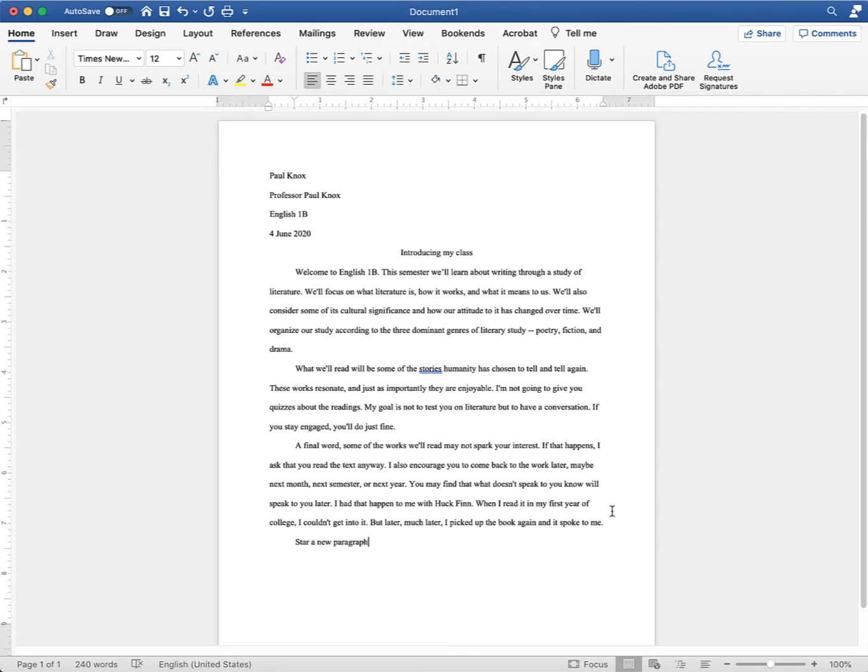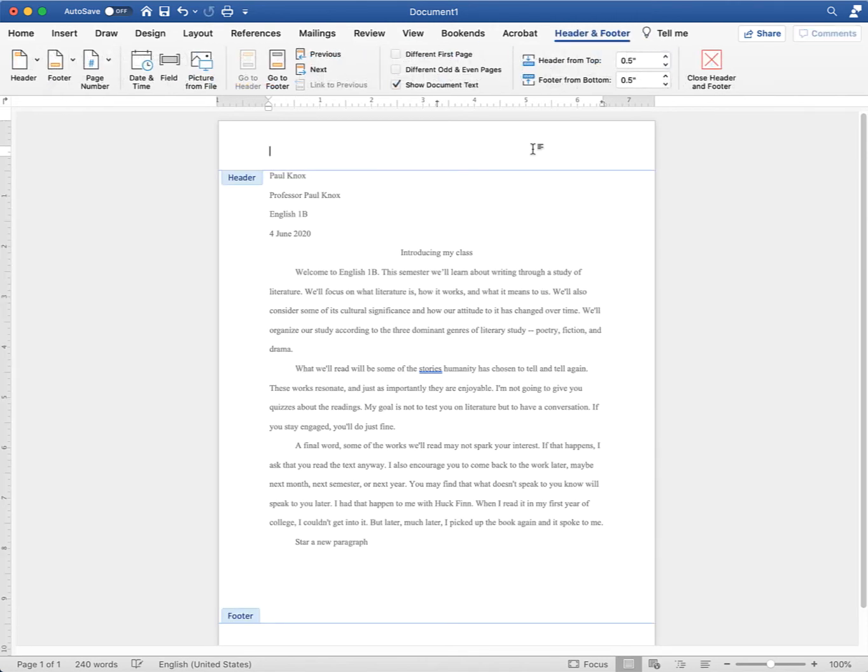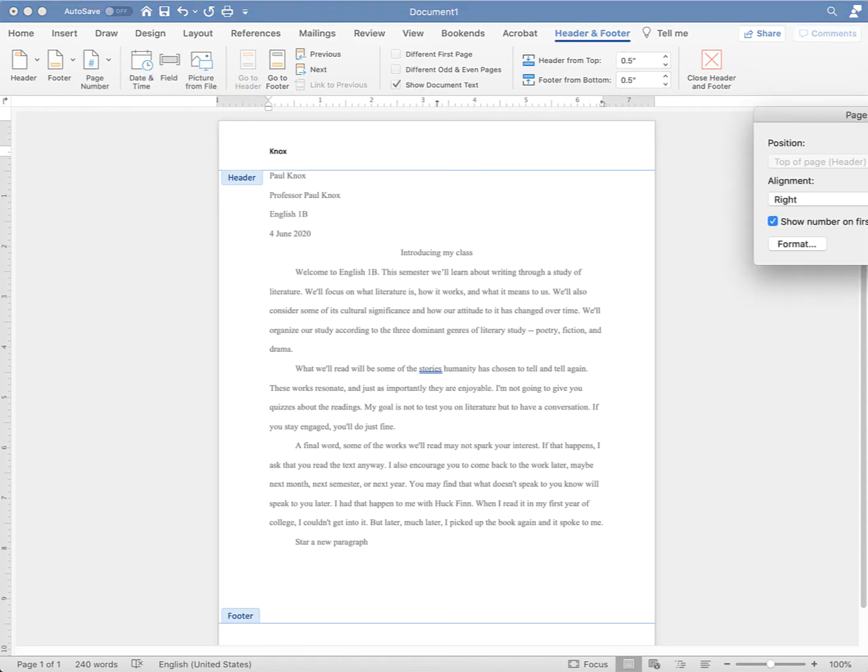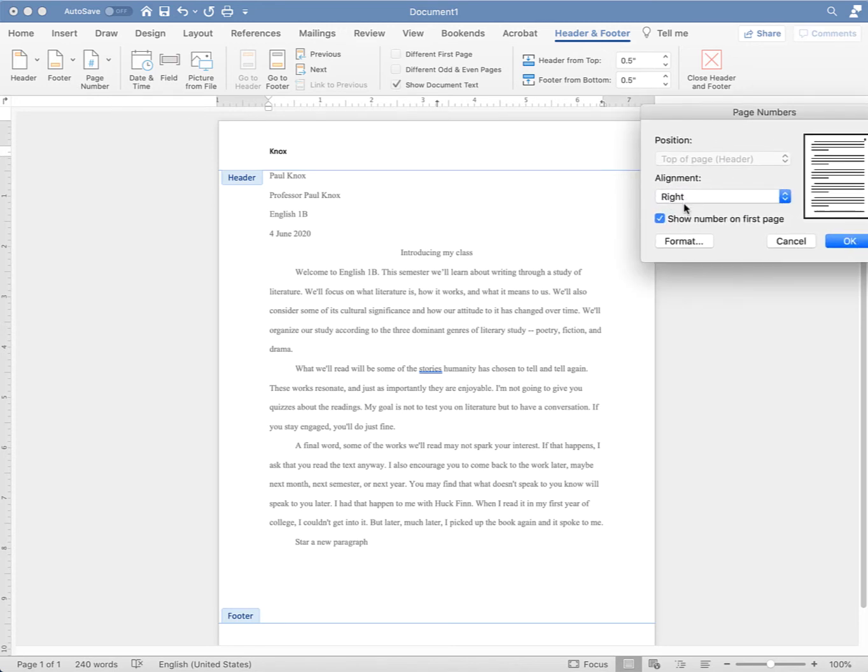The last thing that we need to worry about for the general format of the document is our header. So if we go up above where we began typing and double click, it will open the header window and the header toolbar. Here we want to have our last name and we want to have the page number. And it's important that you insert the page number and don't type it in. If you type it in, that same number will occur on every page. But if you add it this way, what will happen is the page number will update every time you create a new page. I'll show you how that looks in just a minute.